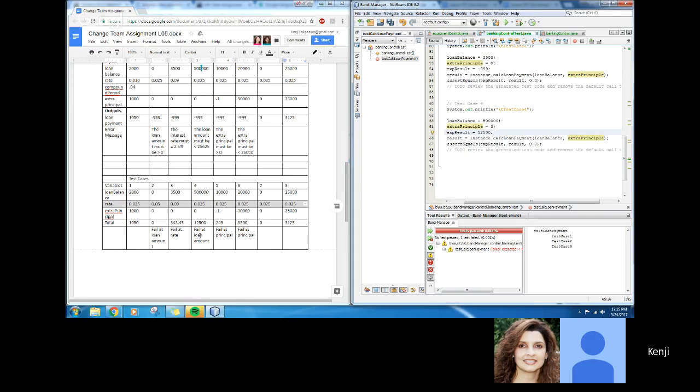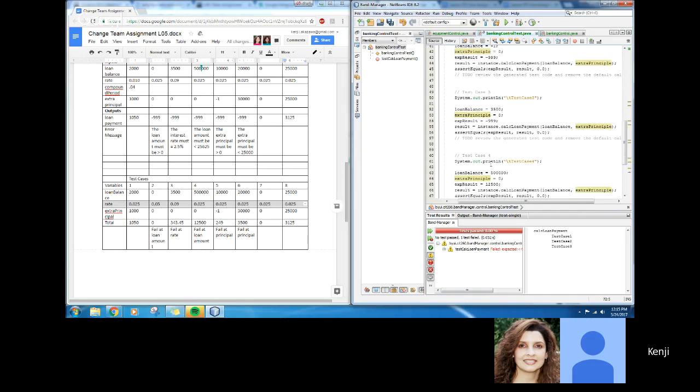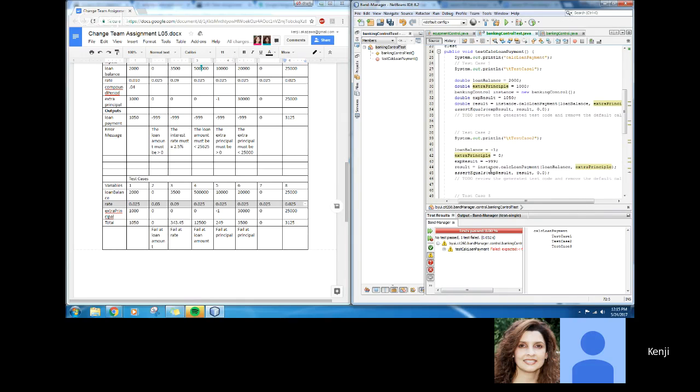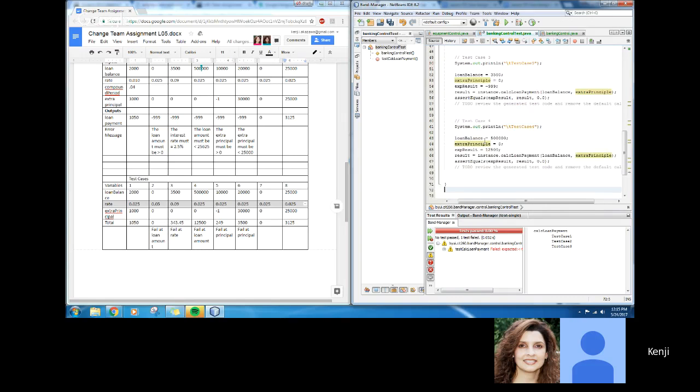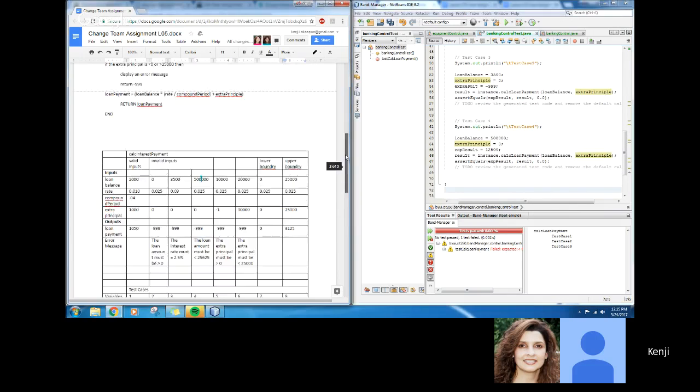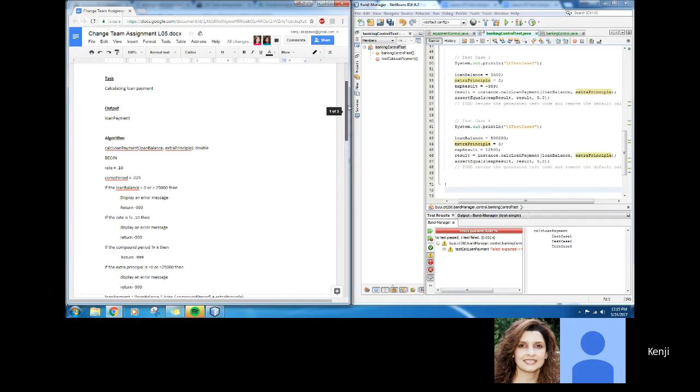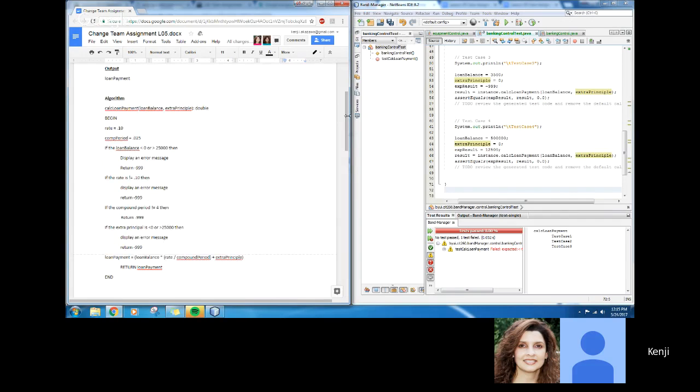And the expected result should be negative 999, because what did we put for the loan balance? It wasn't supposed to be greater than 25,000. But did we not say that, or did we? Let's look at the file. Go up to the banking control